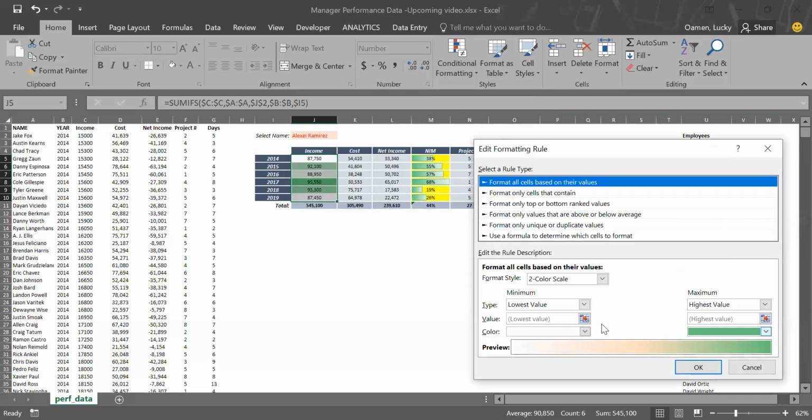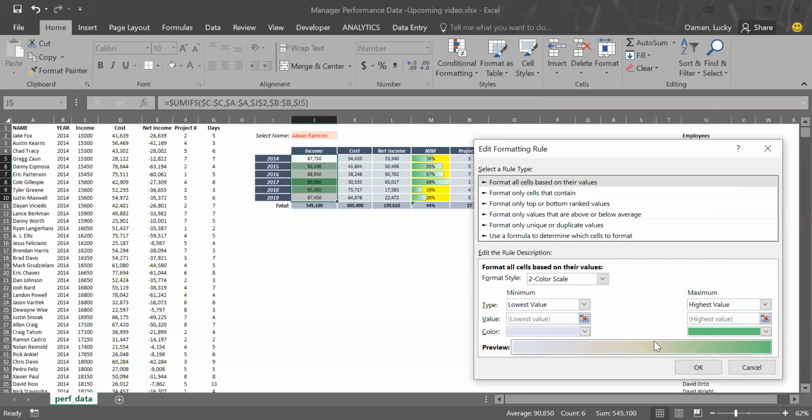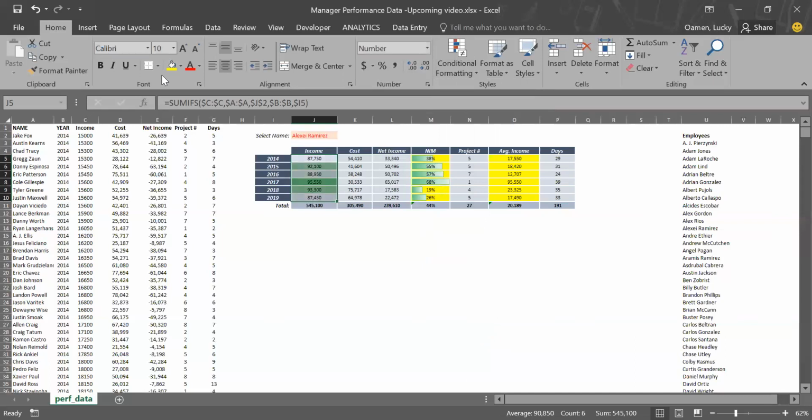This is green, which I like, but I want to change this to light blue. All right, I say okay. So I can copy the format and apply it to others. I can also copy and apply it here and maybe here. Good. Based on this, I can change the name for individual staff or employee, and the data will update